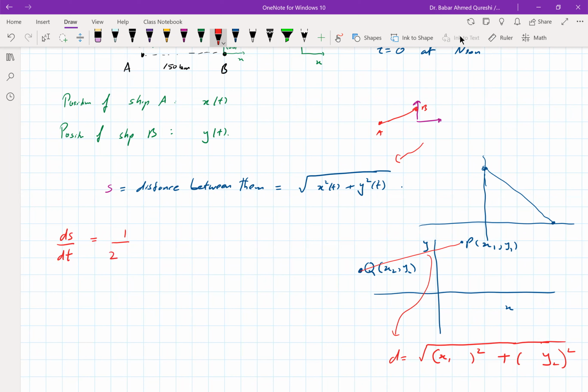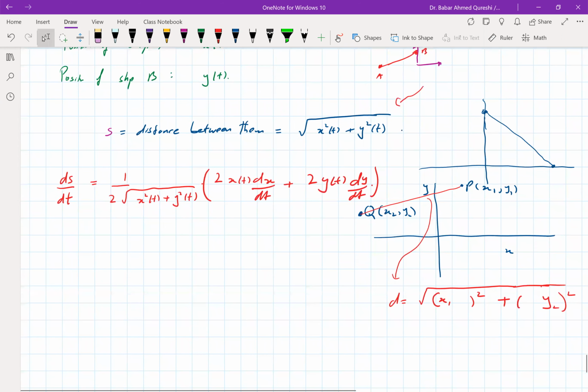And I get, using the chain rule, 2x of t dx of dt plus 2y of t dy of dt. Right. Now 2's cancel, so I can write